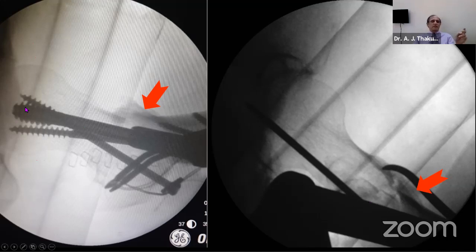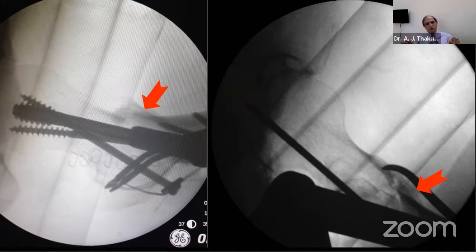Two types of reduction. What is common in both is that the reduction on the anterior side is good. Then it doesn't matter whether you have got all this or just a single screw, whether intramedullary nail or not. The reduction is the key for intertrochanteric fracture. If you fail to get it, then nothing is going to work. You must reduce, disimpact it, lever it out, and then feel with your finger that there is no step anteriorly. Once that happens, then you pass your guide wire, pass your implant of your choice. It will work very well.